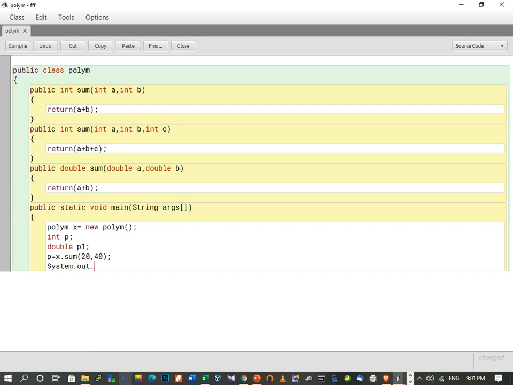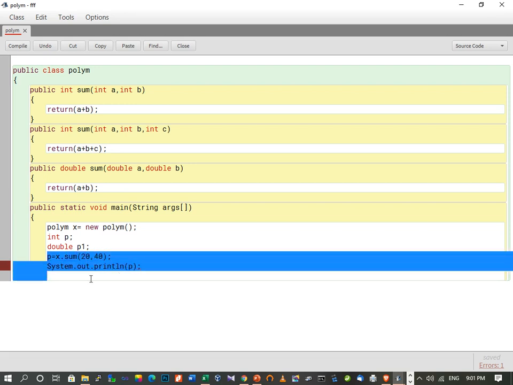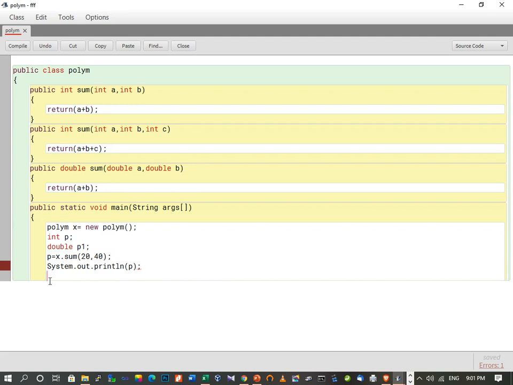Then we can write the system.out.println statement, and inside this you can provide any statement, or directly print the value of p. Similarly we will call the next method. I'm going to copy this, and here we have three arguments, so we need to pass three values. Let it be 10, and then the print statement.